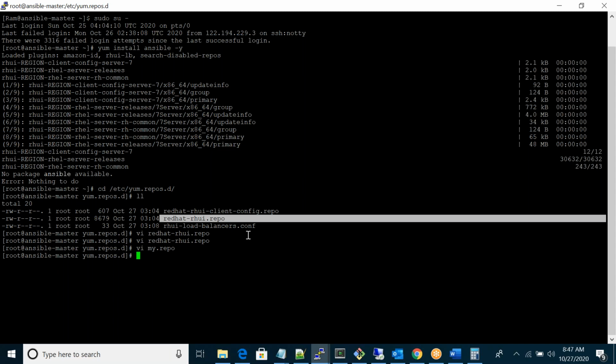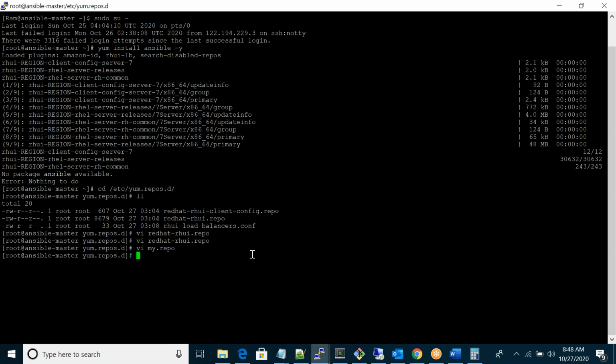If you don't understand the repositories, no problem. This is not part of our DevOps topics; it's purely Linux based. I will send you the documentation, please go through it. It's a very big concept. Owning repositories and configuring private ones is a very big thing. Please go through the Linux documentation later.